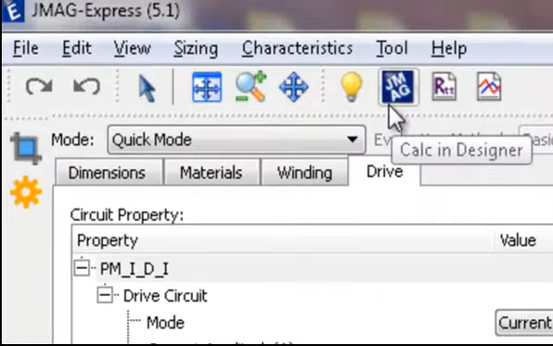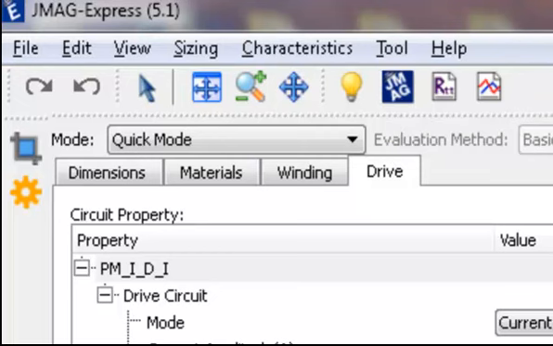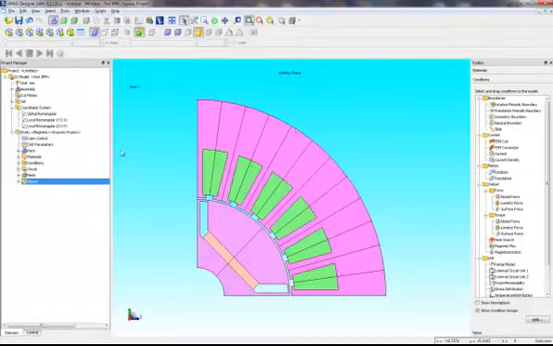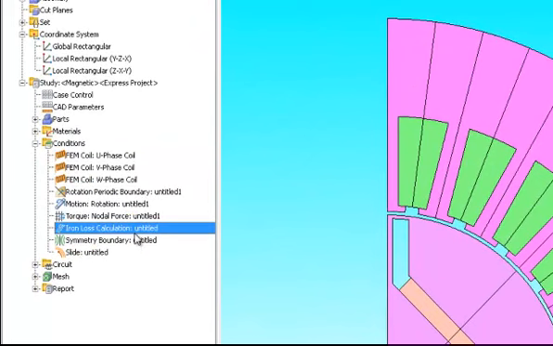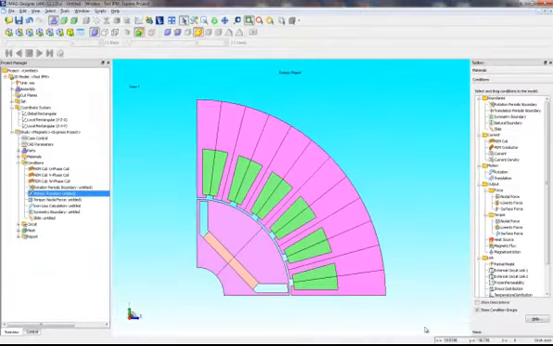So if I click on this JMAG button, what it'll do is it'll ask me to export the model as a JCF file and then open it in JMAG Designer. So I'll open that JMAG Designer model, and I've already made one modification to this, which was to add the iron loss calculation. So the model itself has been completely set up in JMAG Express and exported into JMAG Designer,